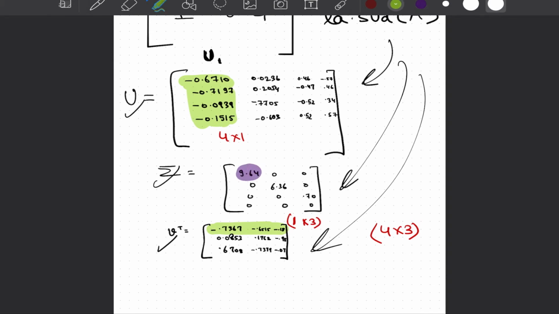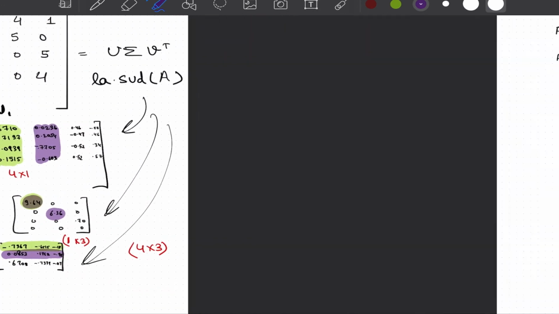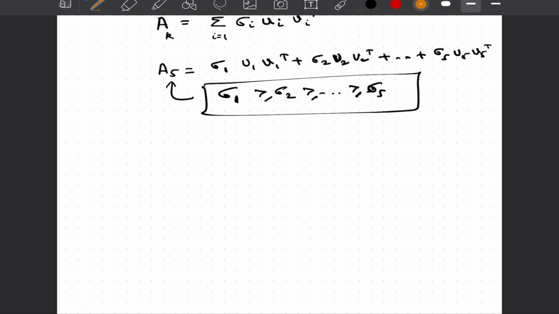Now if we move to the second one, we will take U2 multiplied by V2 transpose and multiplied by sigma 2, and we will add U1 V1 transpose sigma 1 plus U2 V2 transpose sigma 2. If we are talking about the rth approximation, we will keep on doing that until r sigma values, and that will help us reconstruct the image. Now the question arises: what is the mathematical guarantee that whatever approximation we are getting for that particular image is indeed the best approximation?